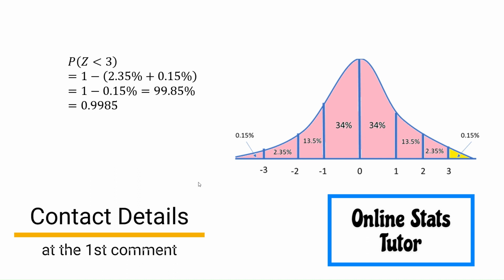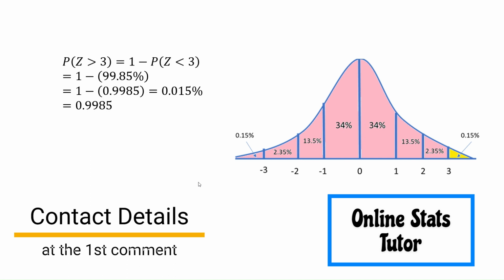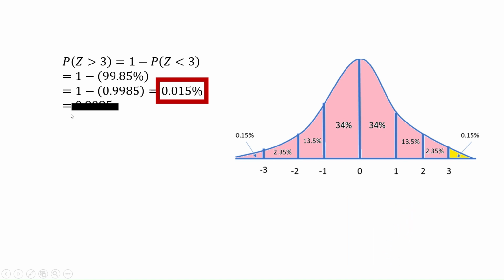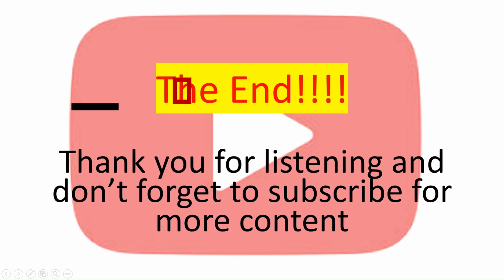Obviously, removing the yellow part is much faster. So by doing this, we get 0.9985 or 99.85%. And how about the probability to be greater than z equals 3? That's exactly the other way around. To be greater than 3, we get 1 minus the probability to be less than 3, which adds up to 0.015. Obviously, the bottom line here is incorrect, and the final result would be 0.015. And basically, that's the whole point behind the